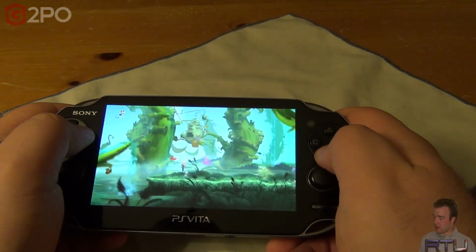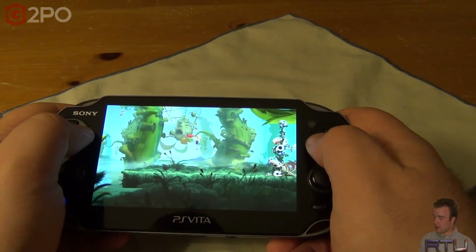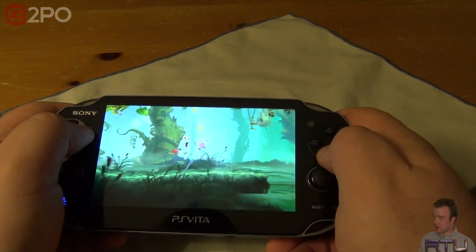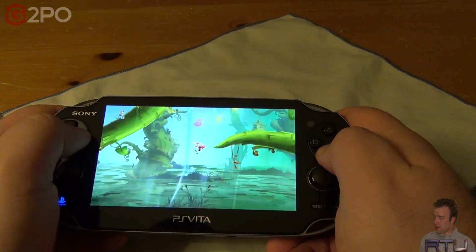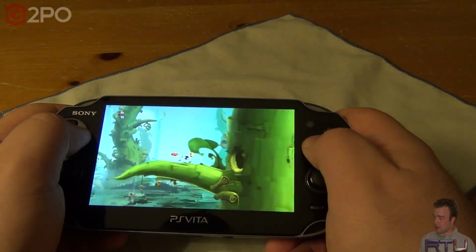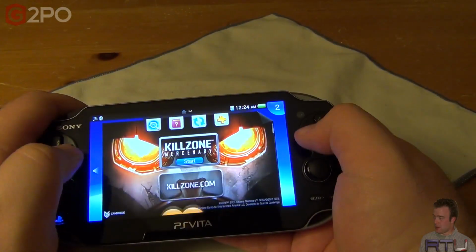So if you get this for the PS Vita and you're second guessing and thinking you may miss out on something, as far as I see right now, you ain't missing out on a damn thing, and it runs just as good, it looks just as good as the console versions. I can't recommend this enough. I love this game. Alright, now let's take a look at